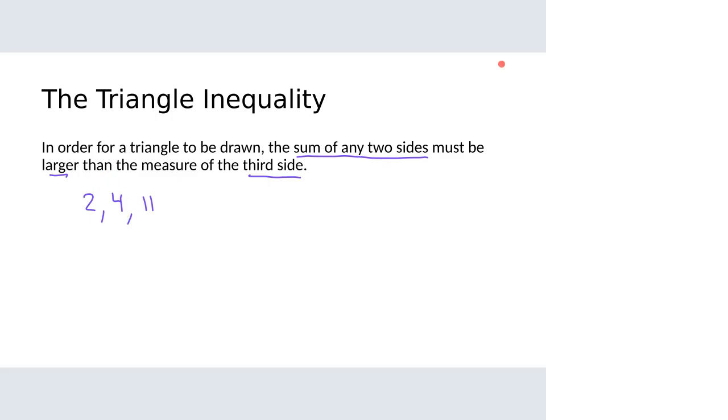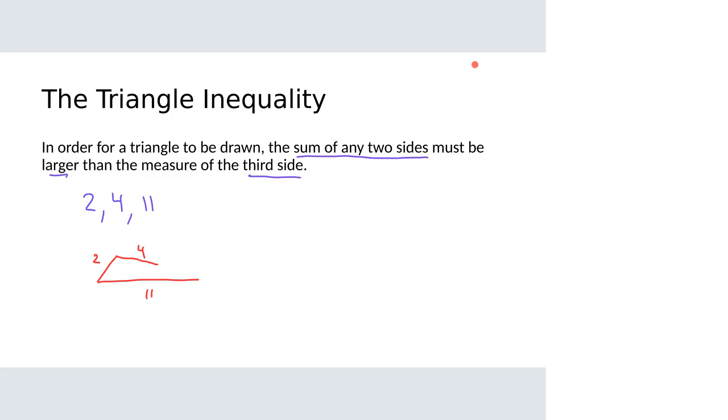If we were to try it, and you could absolutely do this with a classroom of kids, it would be great with string and rulers and a whole thing. But for us, if we try to draw it, if I say, okay, I've got this side of 2, I've got this side of 11, and if I try to make a triangle out of this, the 4 isn't long enough to get there. It won't work. You might be thinking, well, you drew that in a way that would make it happen like that. All right, well,